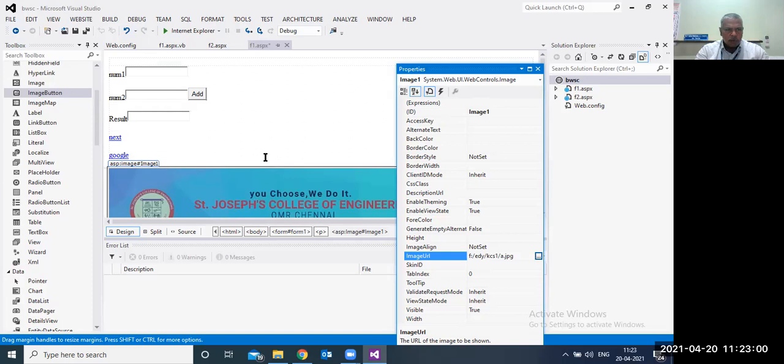Now here you can see that the image is displayed.